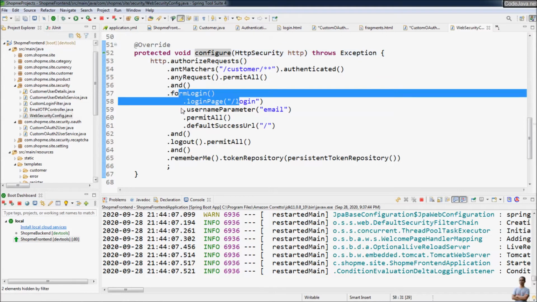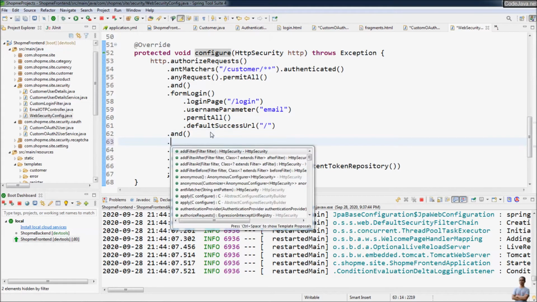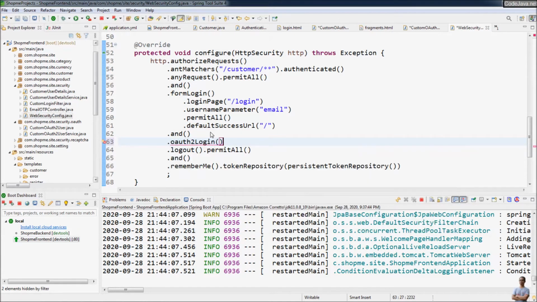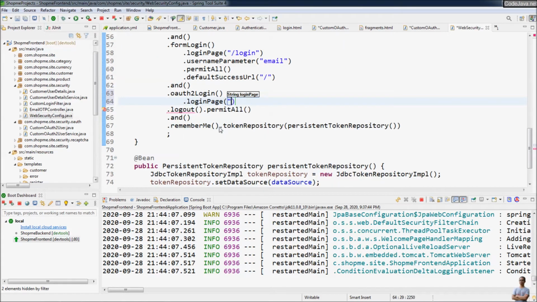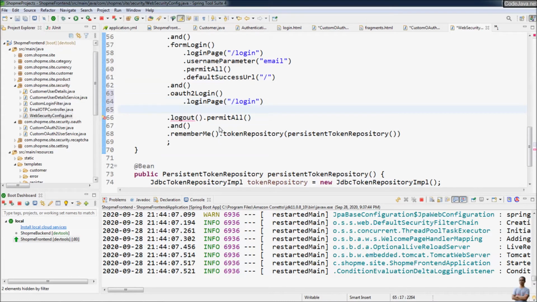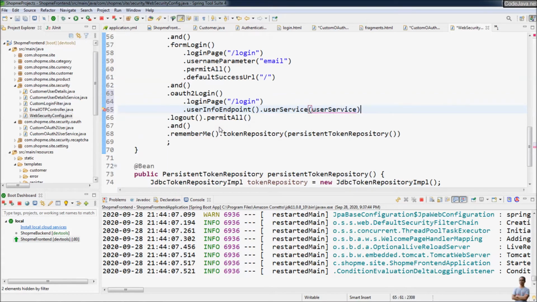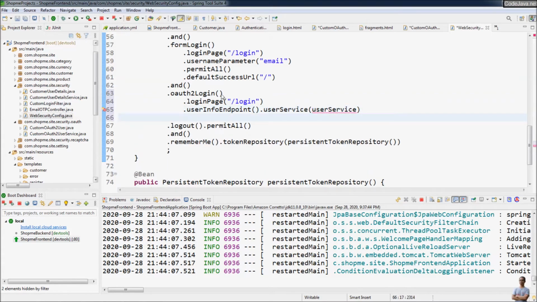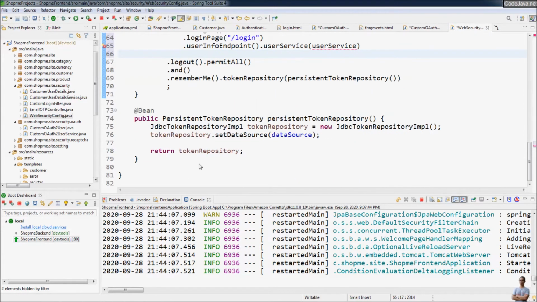After the section that configures the form login here, oauth2Login, and we specify the login page is the same login page as in the form login, and we specify the userInfoEndpoint userService, and we need to have an instance of our CustomOAuth2UserService class here in this security class,